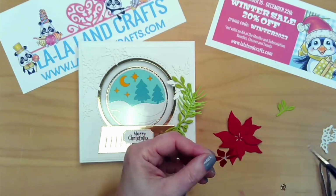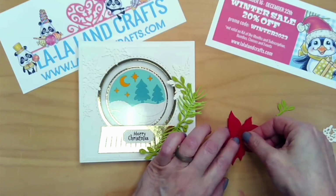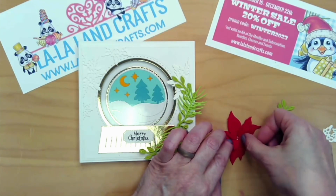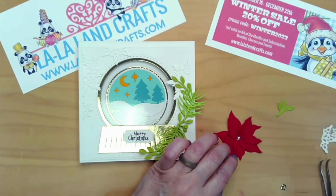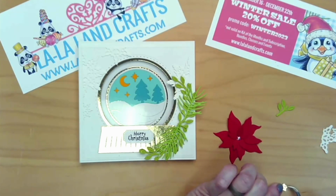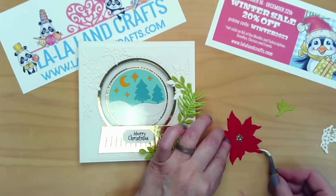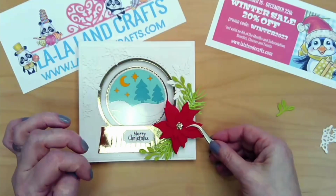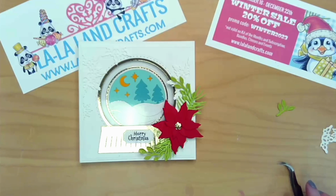And I really don't even pay attention which way. I just offset them because the petals are all different, so it creates a different look every time you put it together. And then the center goes right there in the center, and that poinsettia goes on top of the branches and the leaves. Just want to mention that I die cut